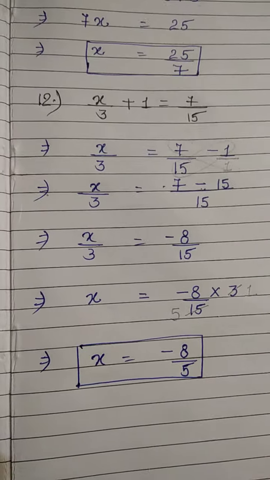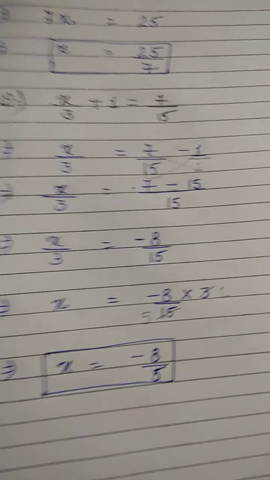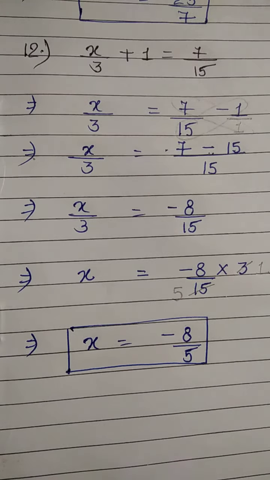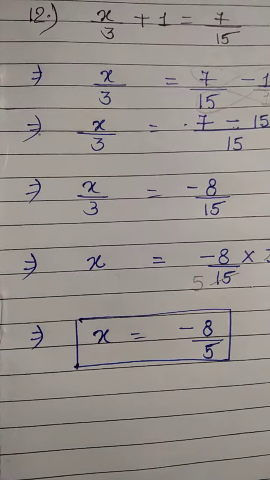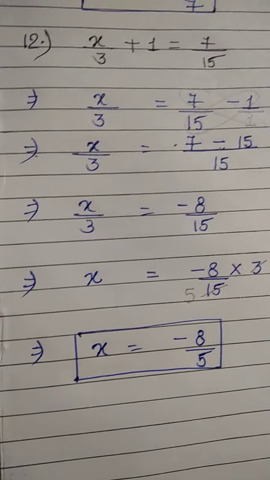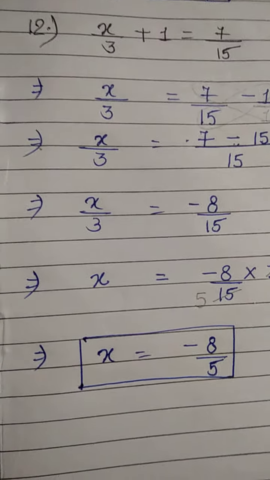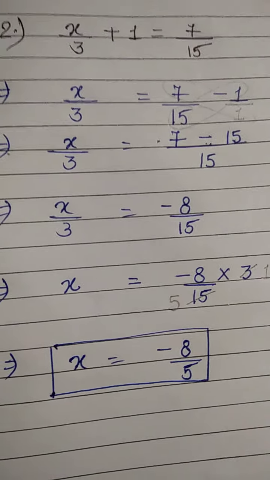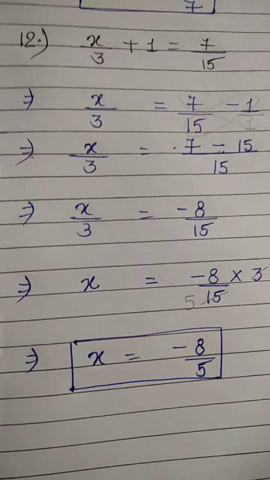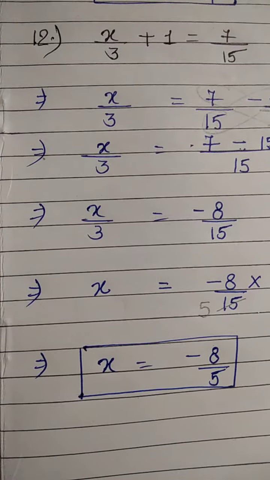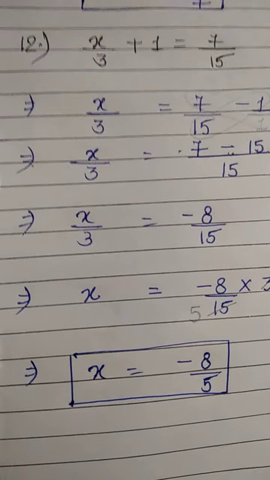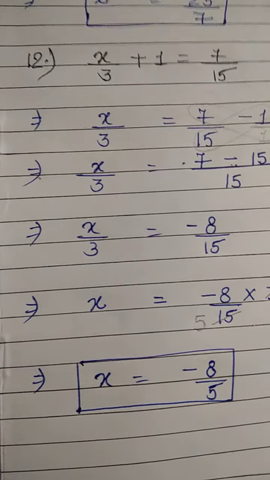Now class, as you can see, some questions are your homework. So firstly, leaving all other work, you will solve your homework in the rough copy, and after that you will solve those questions in your classwork copy with numbering like 1, 2, 3, 4, continuously. No need of putting homework and classwork separately. Just put the questions and numbers properly: 1, after that 2 will come, after that 3 will come. There is no need of writing classwork first and homework after that. Write it combined and be honest with yourself.